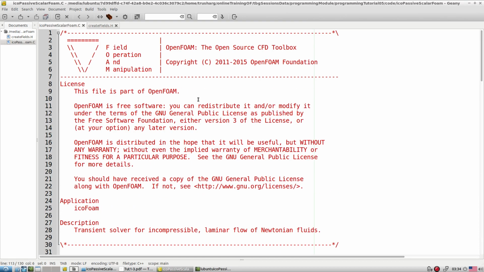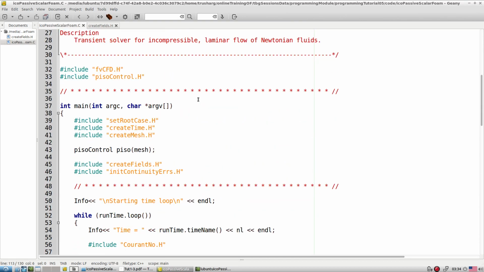And then go to the .C file. As we know, we definitely require the fvCFD.H file. That file contains all the important information that is required. Then pisoControl; if we are working with SIMPLE, then we require the simpleControl file.